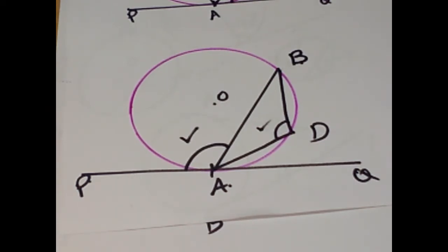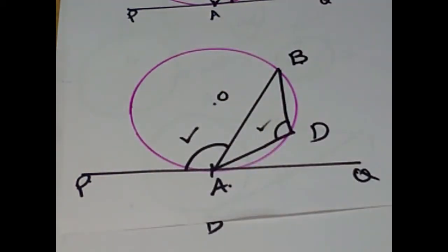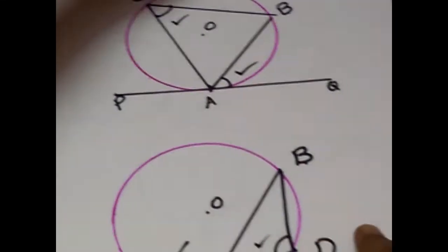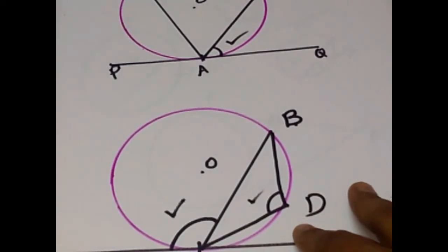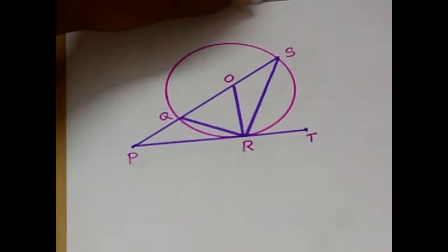Till now, three points are very clear, children. First one is the angle between the radius and the tangent is equal to 90 degrees, and the second point is tangents drawn from an external point are equal in length. Now the third point is the angle at the point of intersection of a chord and a tangent is equal to the angle in the alternate segment. Now let us move on to the remaining problems of exercise 18A, which we have not solved. Let us move on to question number 21.